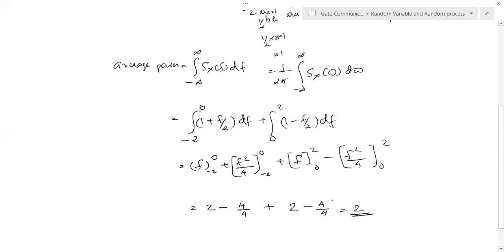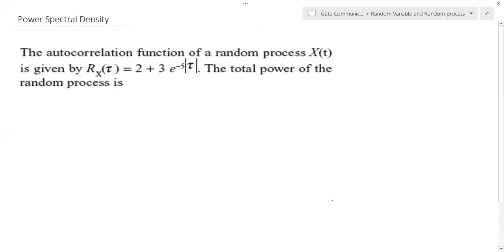Now approach another question. Here the autocorrelation function is given, and we need to find the total power of the random process. So here it's given Rx of tau. Rx of tau is equal to 2 plus 3 e raised to minus 5 modulus of tau. If Rx of tau is given,